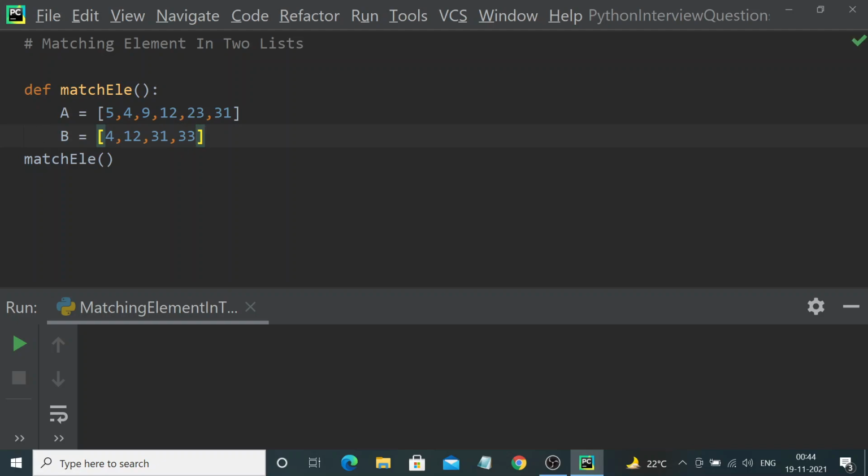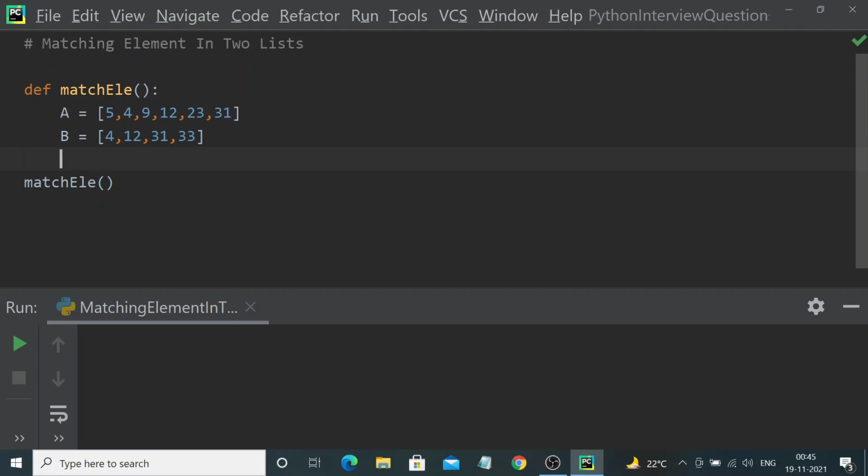So now we want to find matching elements between these two lists. Okay, so that's our ultimate aim. The simplest, the very easiest way we can implement this is to have a nested for loop. We can have two different for loops, and then we can have an if condition to identify the matching element. The first for loop will iterate through each and every item in the first list. Similarly, the second for loop will iterate through each and every element in the second list, and then it will have an if condition to identify if there is any matching element or not.